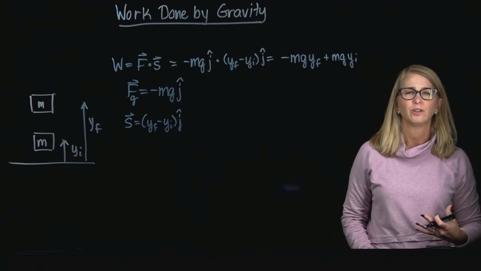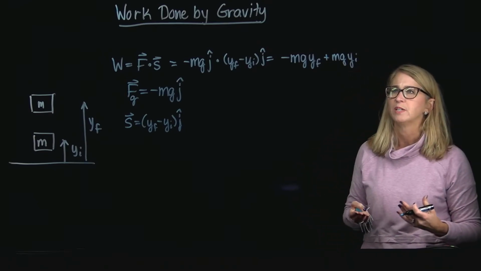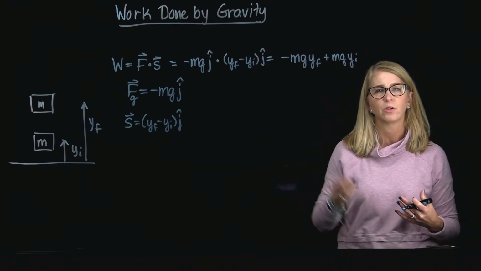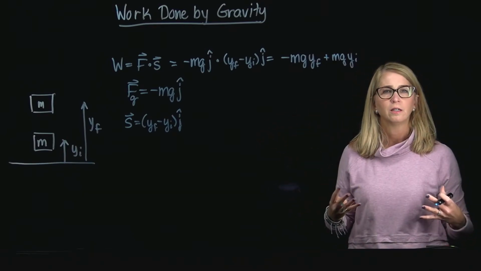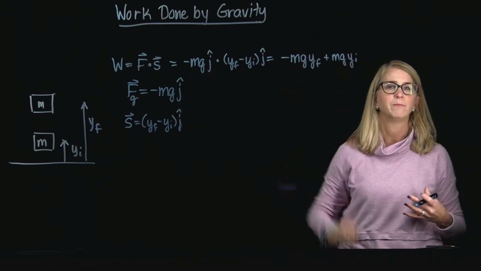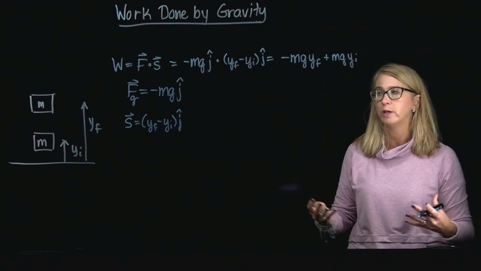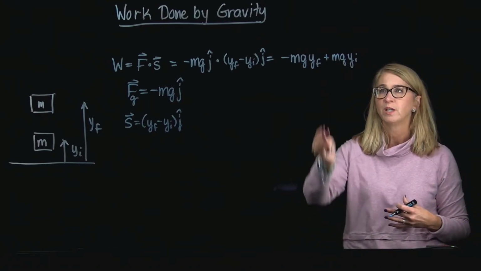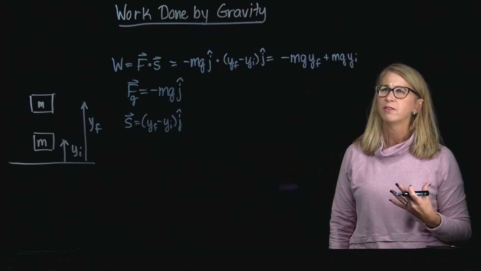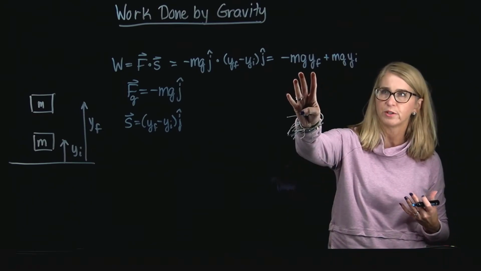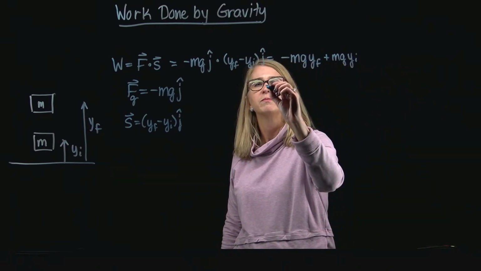And so now we start to look at it, and let's try to make some sense of this, because if you think about it, it's clearly an expression that only depends on the initial and the final position. In the expression for the work, there's nothing in here that really refers to what might have happened in between the two locations. We don't know what it did in between y initial and y final, but the answer ends up only depending on those two values. The other thing that I notice is there is specifically a y final and a y initial. And if I took out the negative sign,